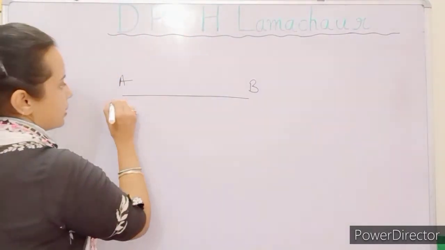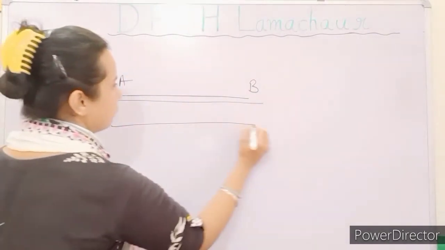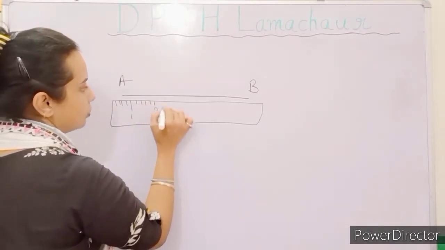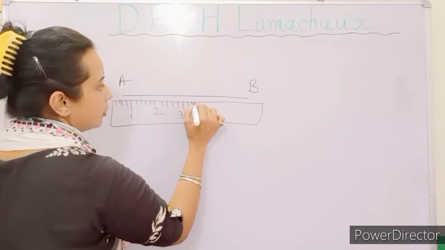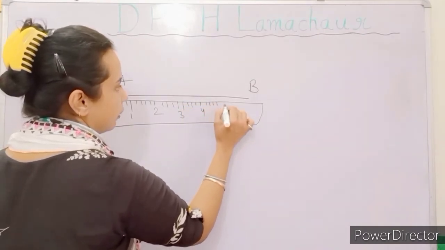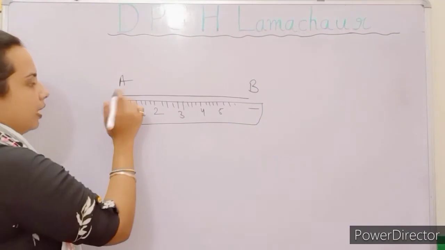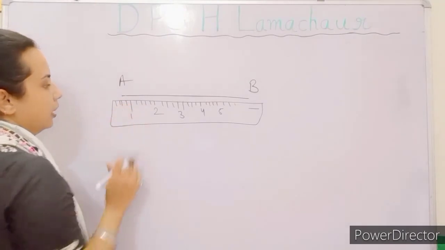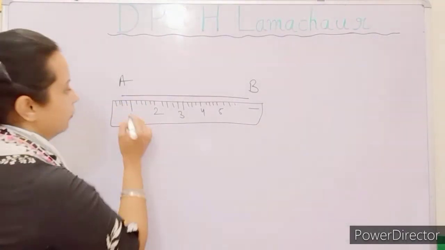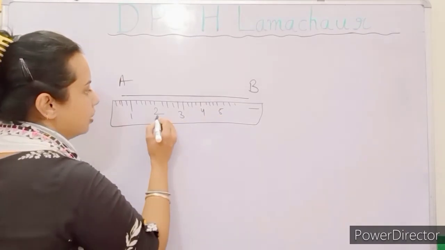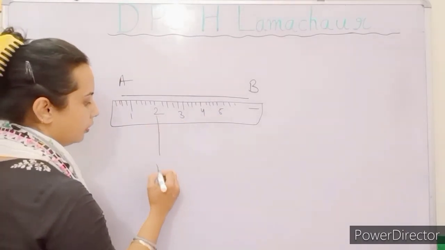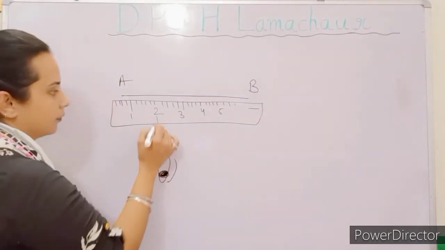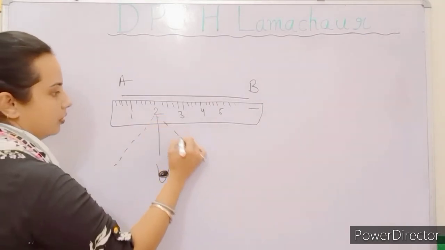Okay, for example this is a scale here. ठीक है, हमने यहाँ पे एक स्केल बना लिया है and these are the measurements like 1, then 2, then 3, then 4, 5 and so on like this. Okay, and this is the marking point. Okay, for example here, and now for example you have to take the mark. Okay, so you will look straight. Okay, this is the eye. Okay, not like this.